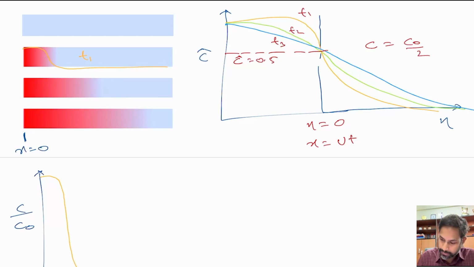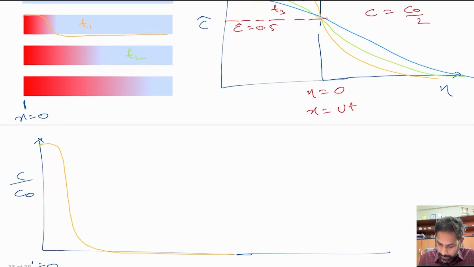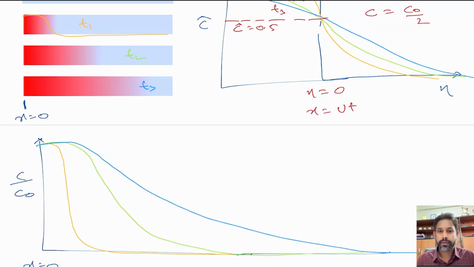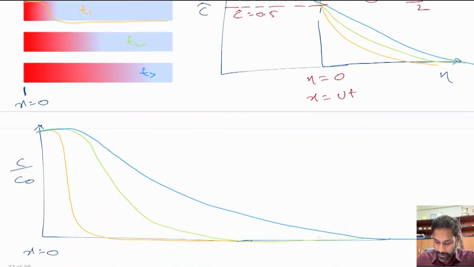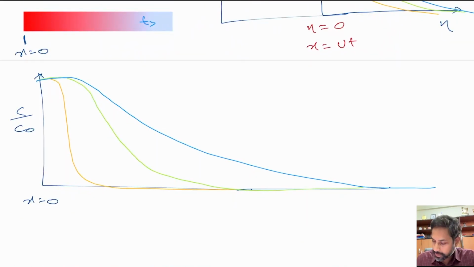Okay, and then if this is your t2, then here the concentration distribution will look something of this sort, and if you define this as t3, this will broaden even further. All right, so now just by using this particular equation and defining different values of t, you can find concentration at different values of x, and this is your x. Okay, so these concentration values that you get are with advection, when the complete fluid is moving with certain velocity,